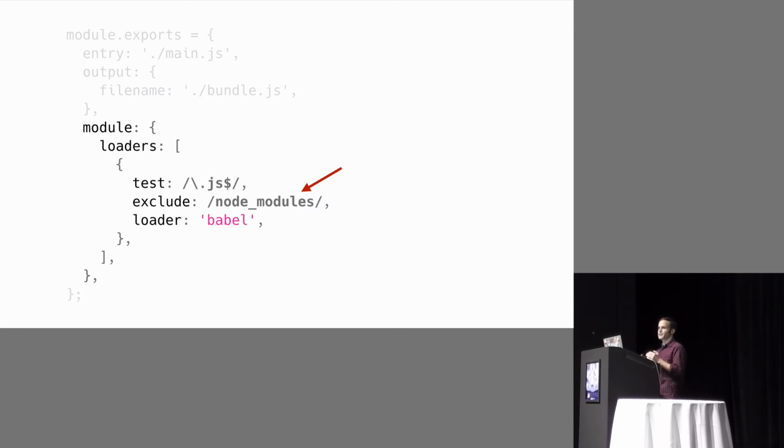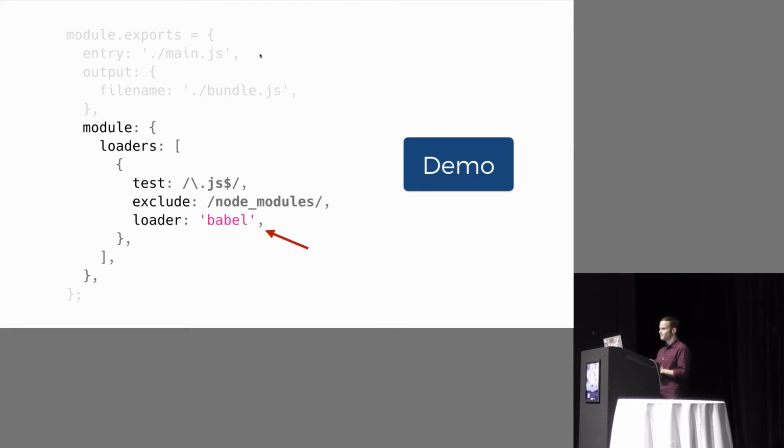We'll add another property called exclude, which is just going to say don't worry about modifying the node modules folder, all of our third-party dependencies. And then finally, the loader property, we're just going to say use the Babel loader in this case, and it'll automatically append -loader to that. So looking at the demo of this,